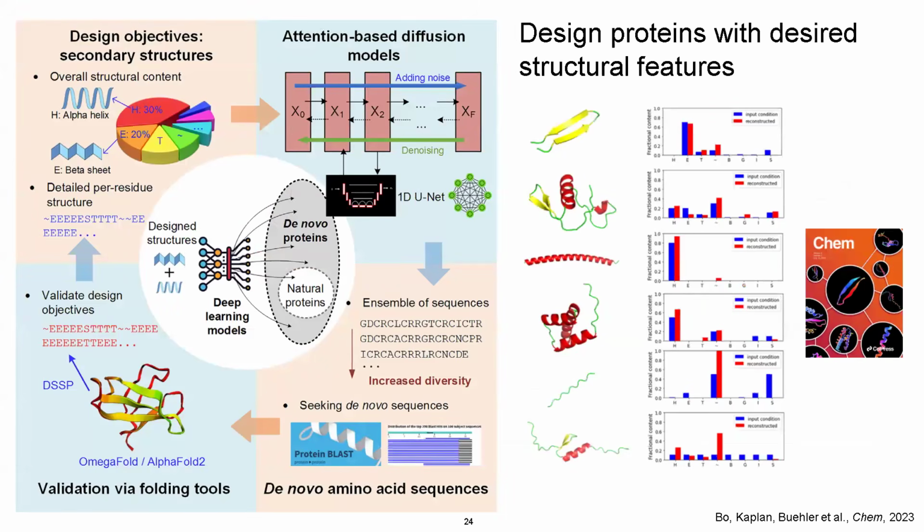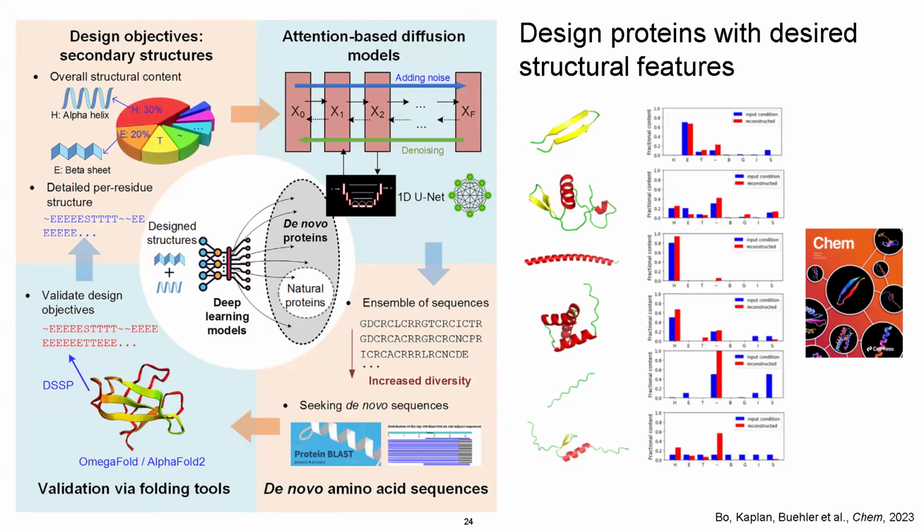So since the series is, I think, called design as well, right? This is some work we've done on designing proteins by giving a constraint, like you want to maybe have a protein with certain secondary structure content, and the model will come up with sequence candidates that meet that requirement. This is a particular model that was published last year in Chem, where we use a diffusion model to do this. So we basically have a constraint as an input, a design objective, and the model will come